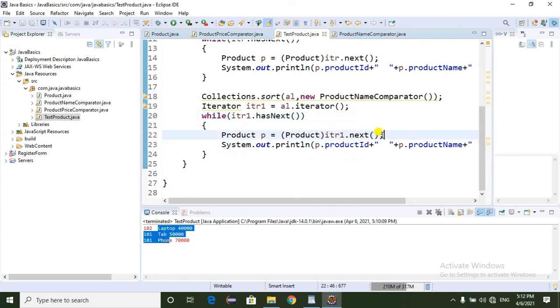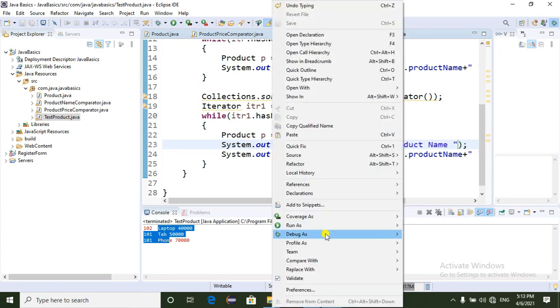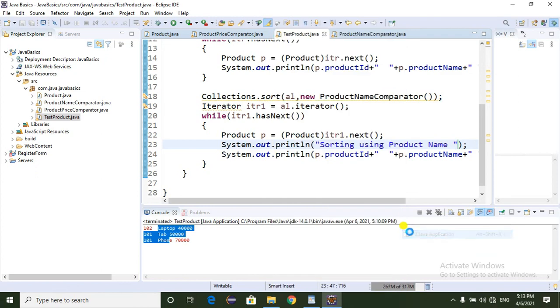Now I am going to print it: System.out.println, here I am writing product name sorting, using product name. Now I am going to print it.